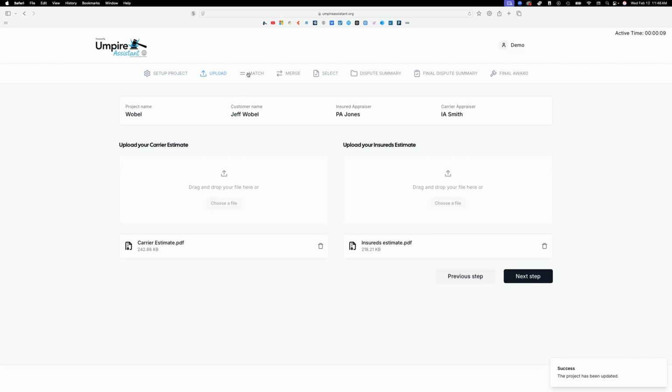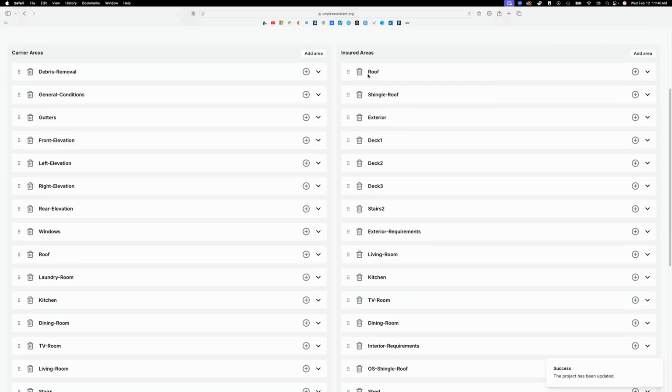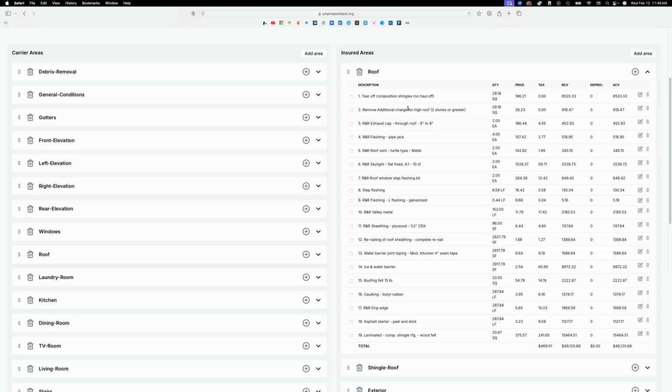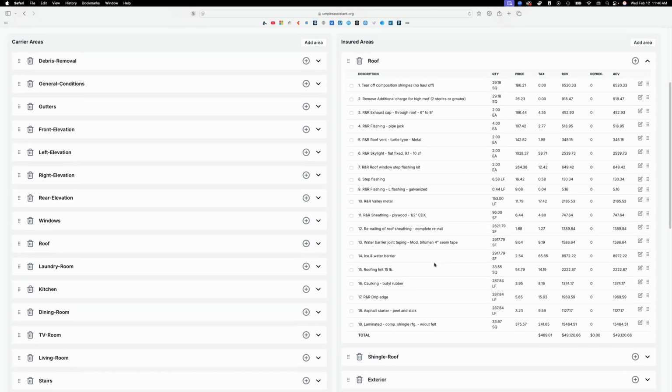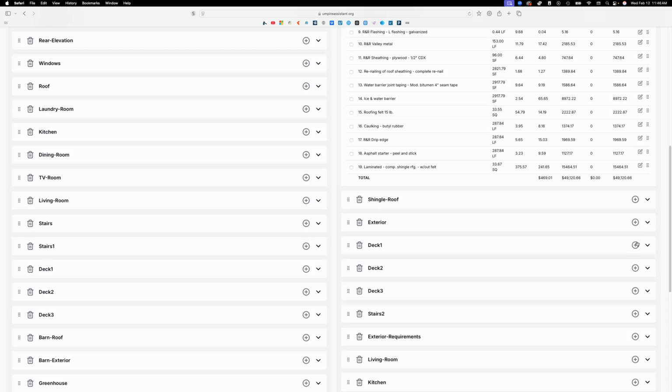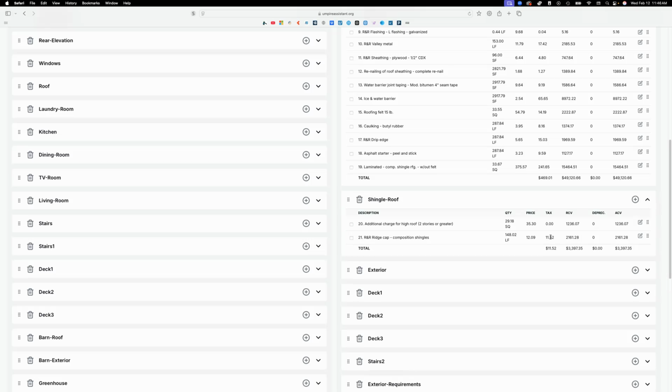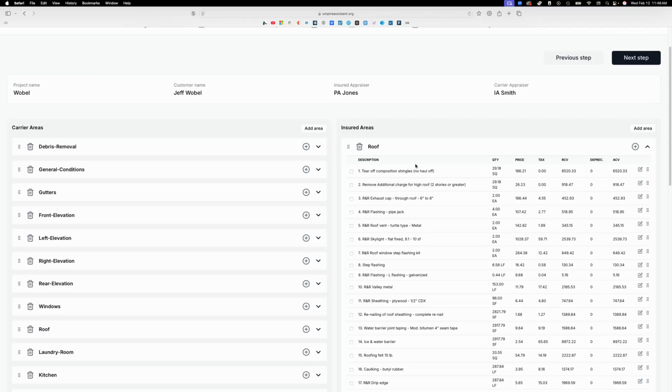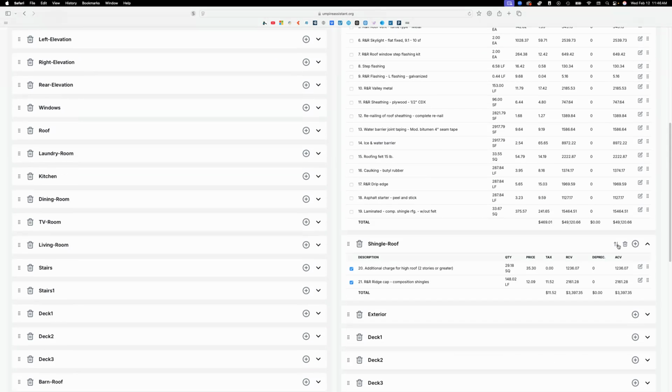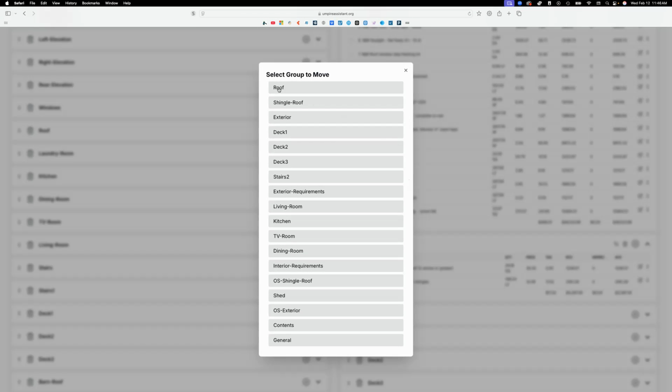And then we can just go back to the match. And roof is the word I like to use. So let's see what this is. It's all roofing items. This is roofing items. So I'm just going to move this up to this roof, which is named roof. That way I can get rid of